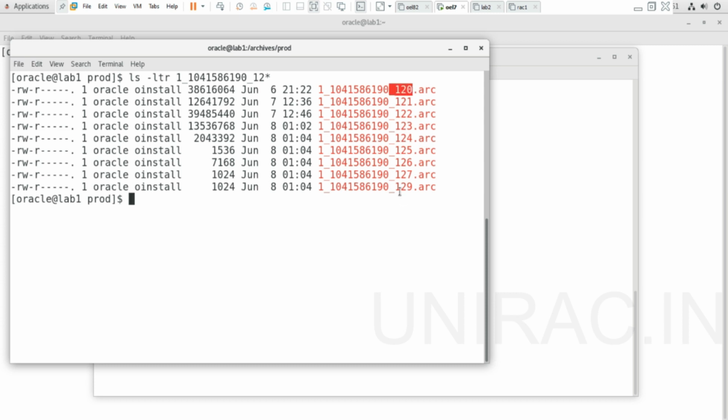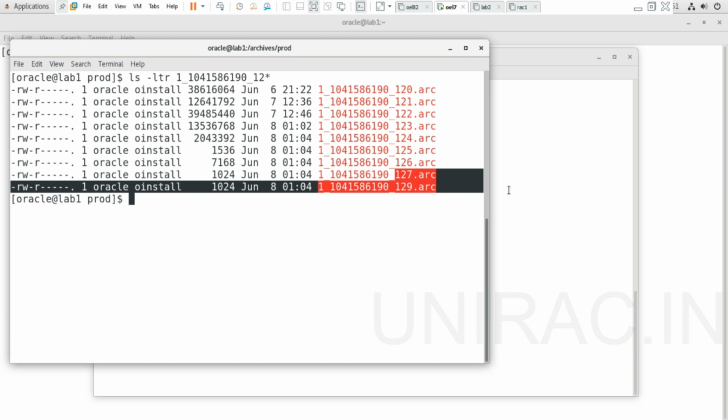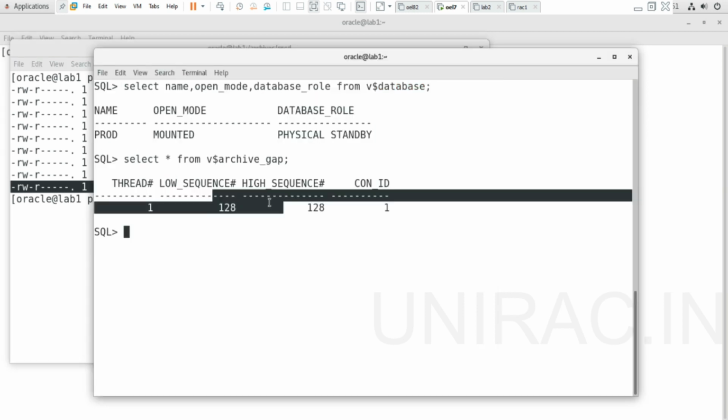From 120 to 129 we have archives: 121, 122, 123, 124, 125, 126, 127, but not 129, but not 128, sorry. So 128 is missing. That is the gap: the archive is missing on your primary and so missing in standby.